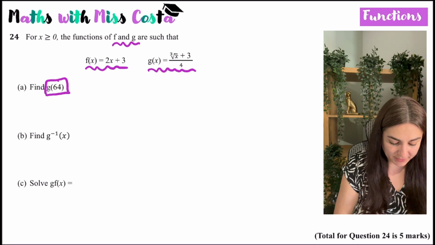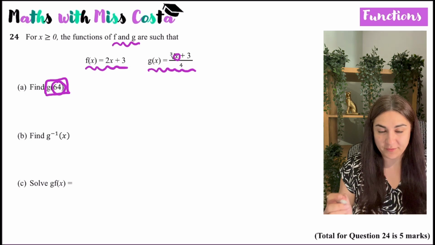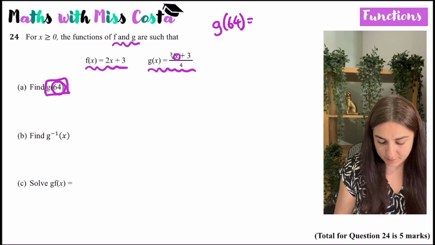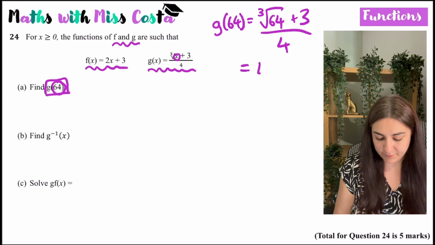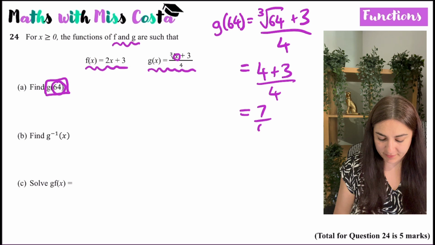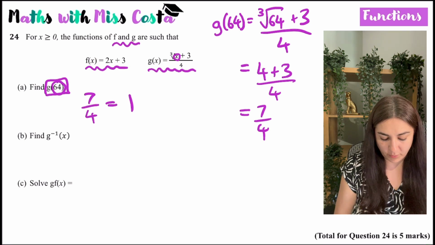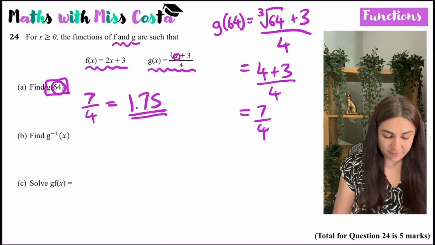All that means is you substitute 64 into anywhere you see the value of x. So g of 64 is going to be the cubed root of 64 plus 3 over 4. What's the cubed root of 64? 4. So I'm left with 4 plus 3 over 4. 4 plus 3 is 7. 7 divided by 4 is 1.75. Okay, the next part is inverse,